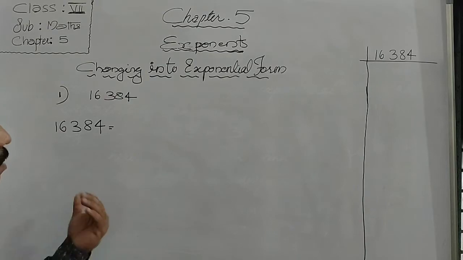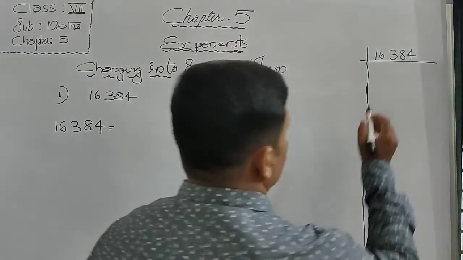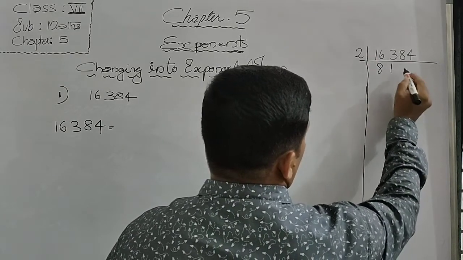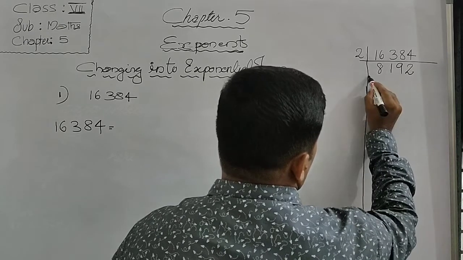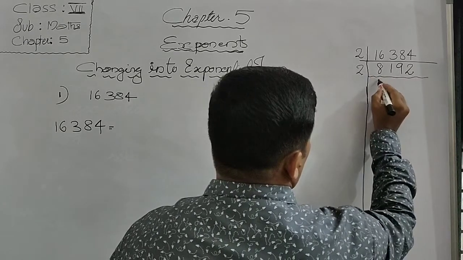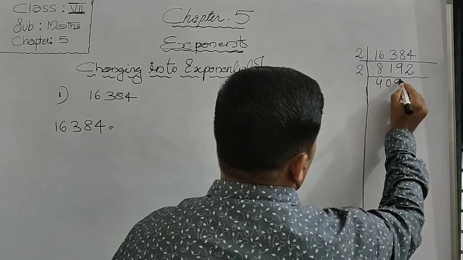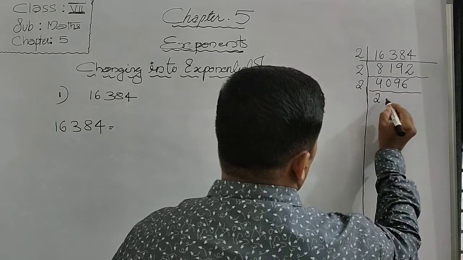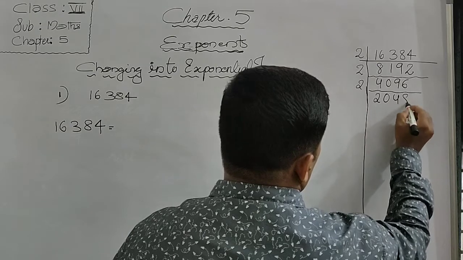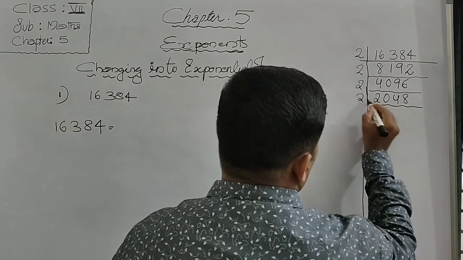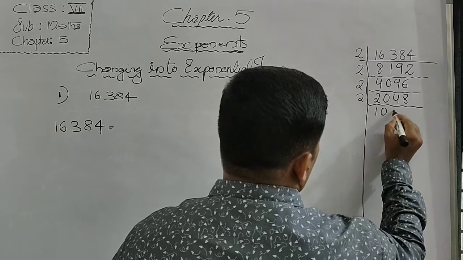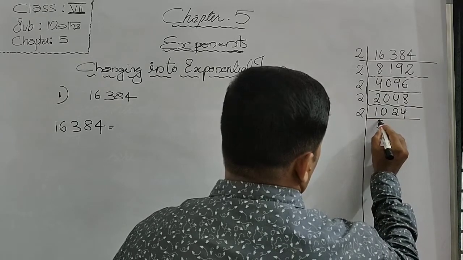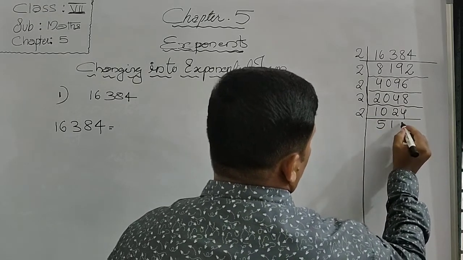So in order to find that, first of all we have to factorize that number. This number can be factorized by 2. 2 8s are 16, 2 1s are 2, 2 9s are 18, and 2 2s are 4. Again we factorize it by 2. 2 4s are 8, 2 9s are 18, 2 6s are 12. Again we factorize by 2. 2 2s are 4, 2 4s are 8, 2 8s are 16. Again by 2. 2 10s are 20, 2 2s are 4, 2 4s are 8. Again by 2. 2 5s are 10, 2 1s are 2, 2 2s are 4.